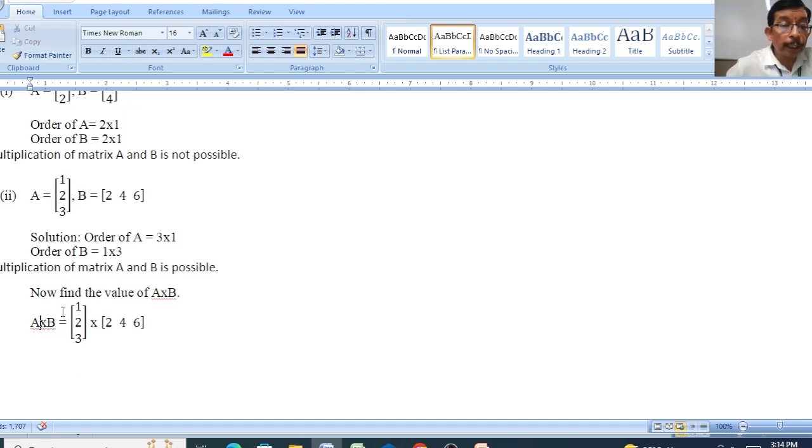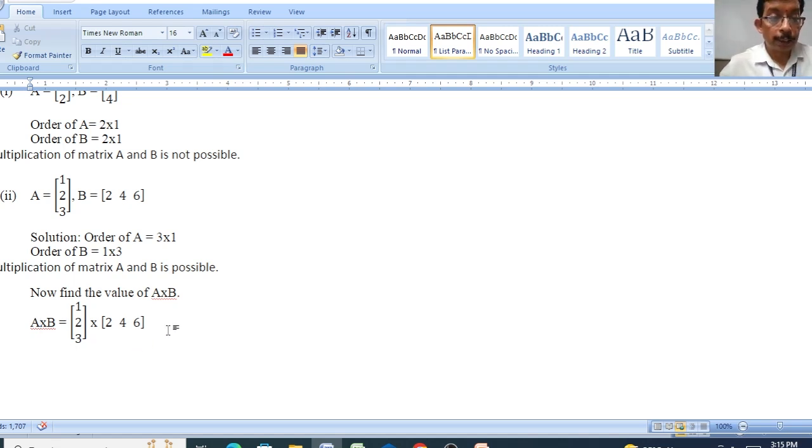Now we multiply, the same process we told you before, the multiplication of row and column. We take the first row, first column, multiply, and we take the first row, second column, the second element of the first row, and we take the first row and third column, we find out the third element of the first row. So one by one we take the row and multiply it with each column.